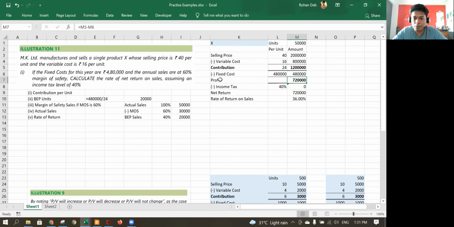Done. Now it says to calculate the rate of return on the sales. Whenever they say net, it's basically net of taxes, but because we are ignoring it, it will directly be profit divided by sales. So 7,20,000 divided by 20 lakh, which is 36%. If it was profit, I would have reduced tax, and then whatever figure would come, I would divide it by selling price. So, a very simple example. I hope you guys have understood that part. Now, should I continue with this one or, let me just